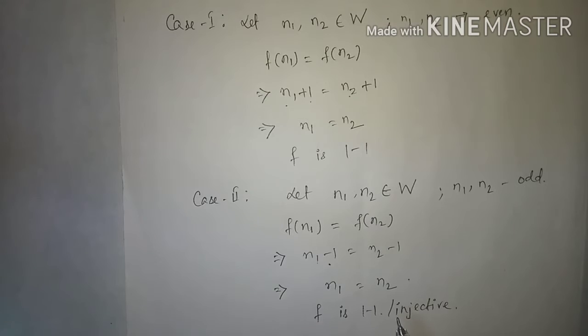So, in both the cases, whenever the numbers are even or odd, this function f from the set of whole numbers to the set of whole numbers is one-one, or injective. Now for onto,